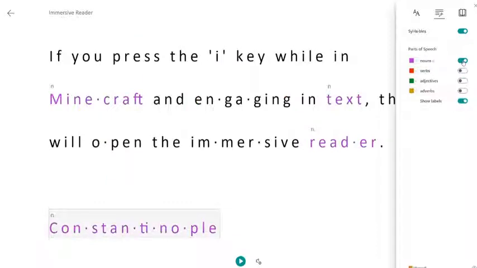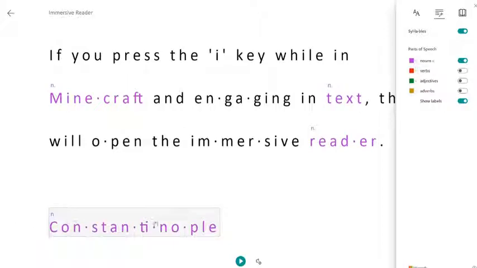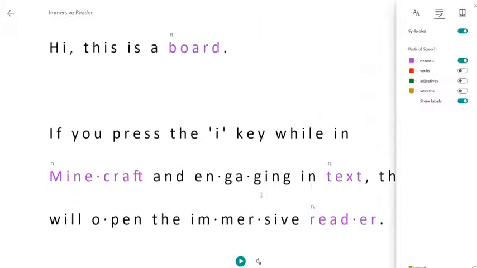Is a verb? I'm learning stuff today. It's treated, you know, like that. Minecraft is a noun. Text is a noun. Reader is a noun. Constantinople is a noun. And so it's such an amazing